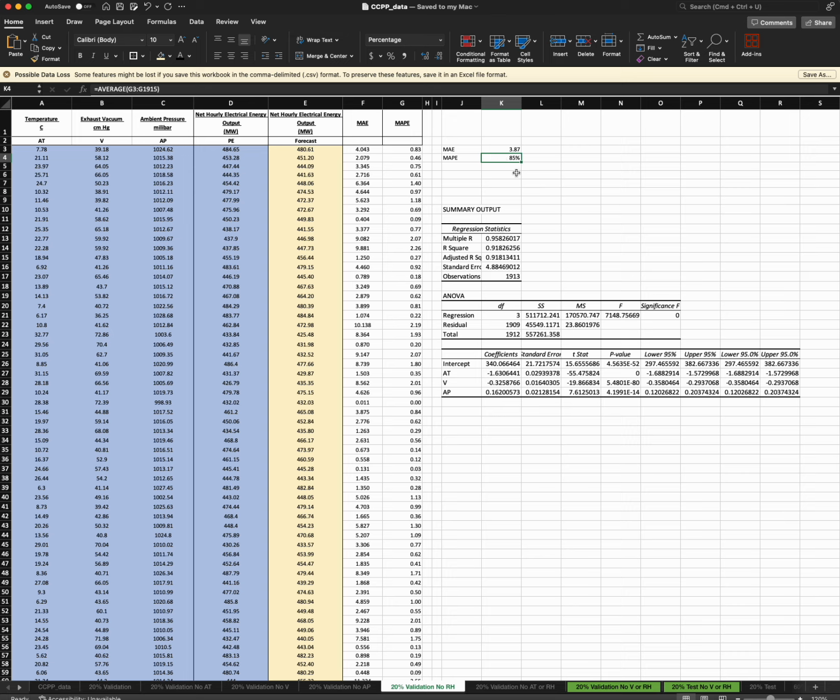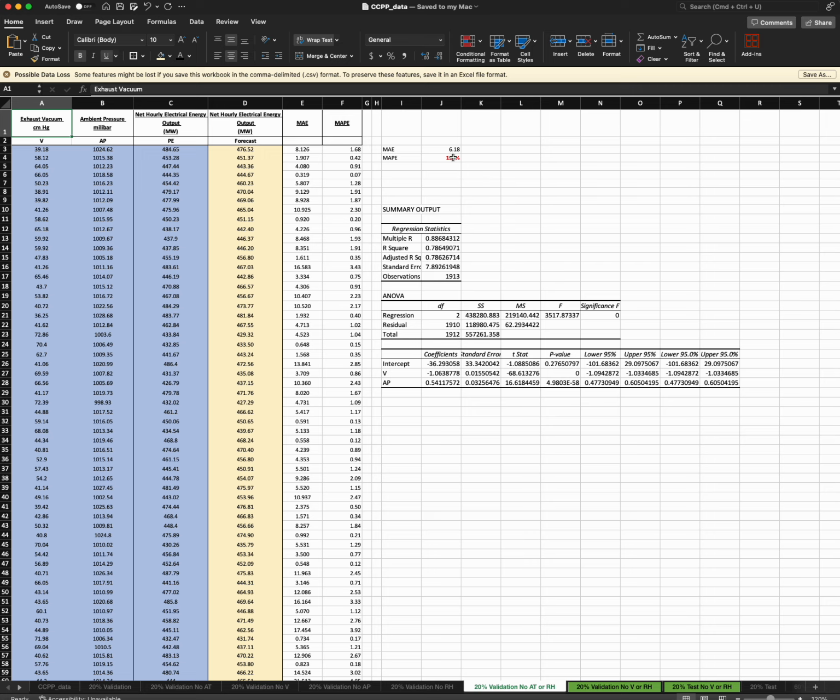So if you see the 85%, we're doing well, but what I also did is I removed the ambient temperature and the relative humidity. And this one didn't do so well. I mean, you'll see here that the MAPE was 135%. But once you removed the exhaust vacuum as well as the relative humidity, you'll see that we did very well. There was a 94% MAPE, which is very high. There's a strong confidence that this model will work. And so